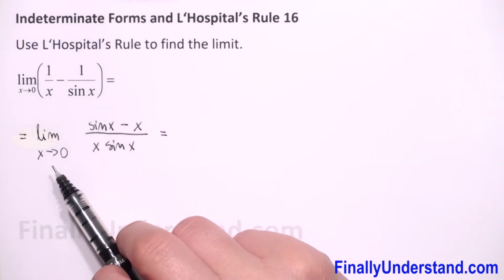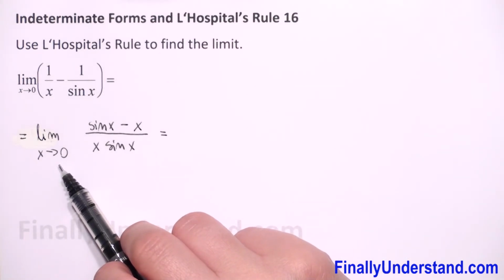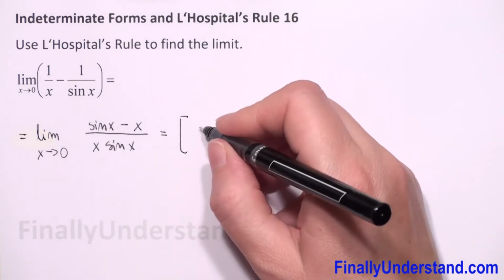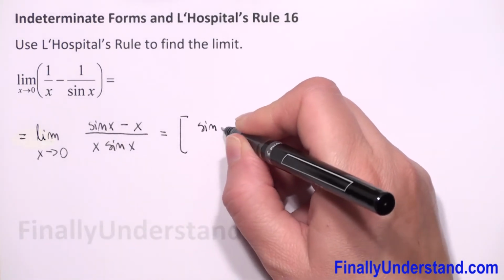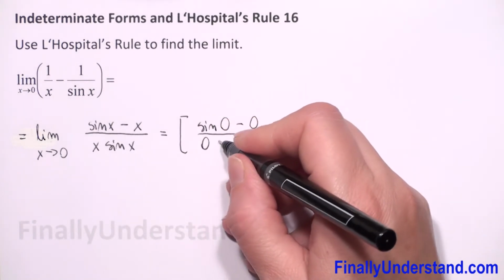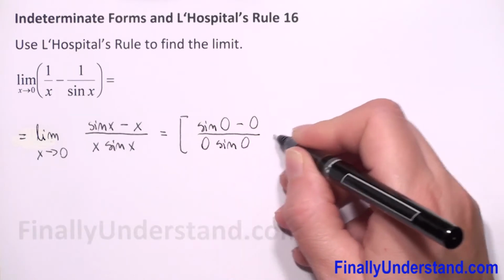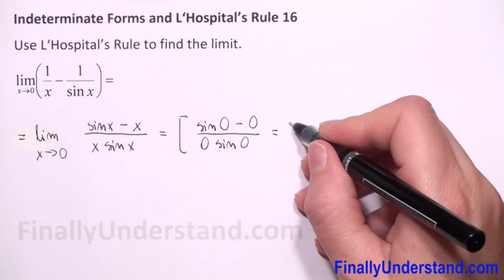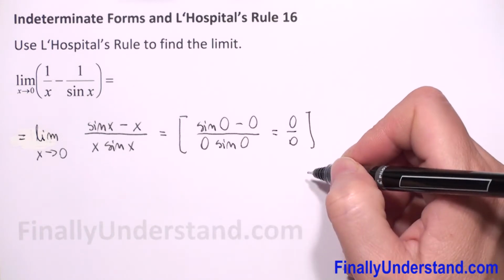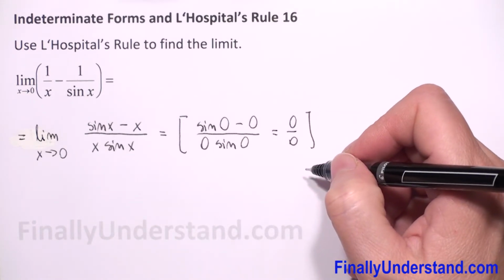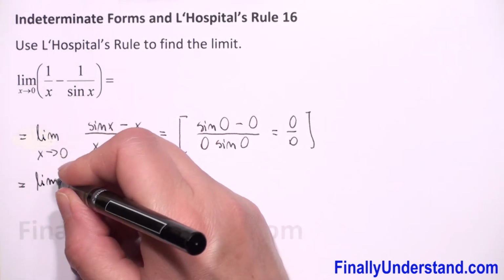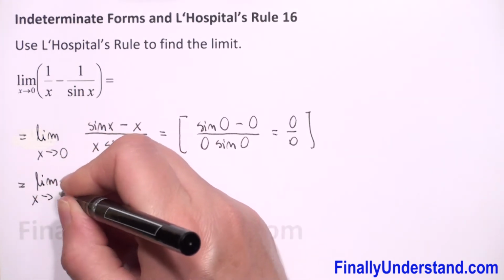Now we have to check what will be when we substitute x's by 0. In numerator we will have sine of 0 minus 0 over 0 times sine of 0. So we see we have 0 over 0. So we can use L'Hopital's rule. Our limit as x approaches 0